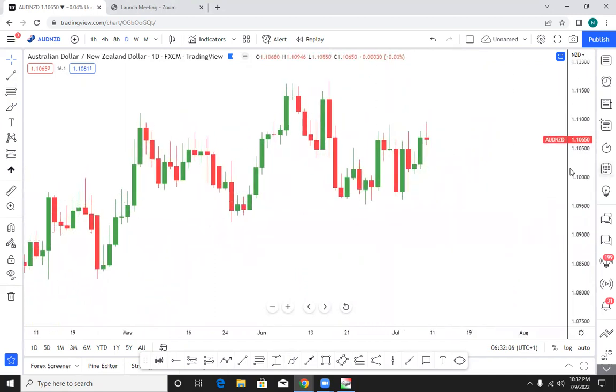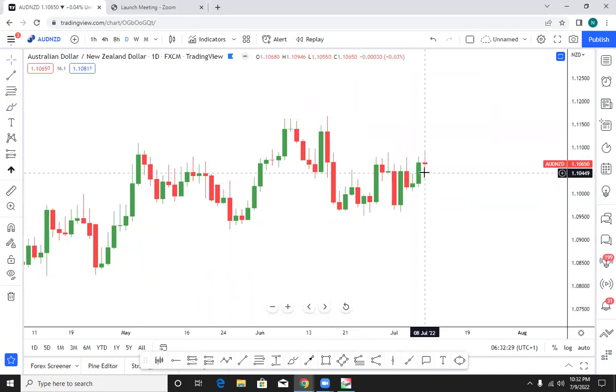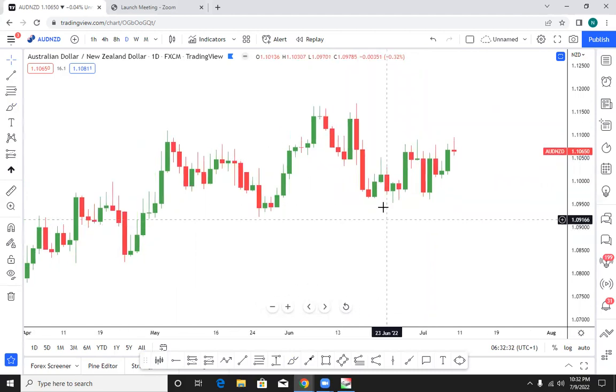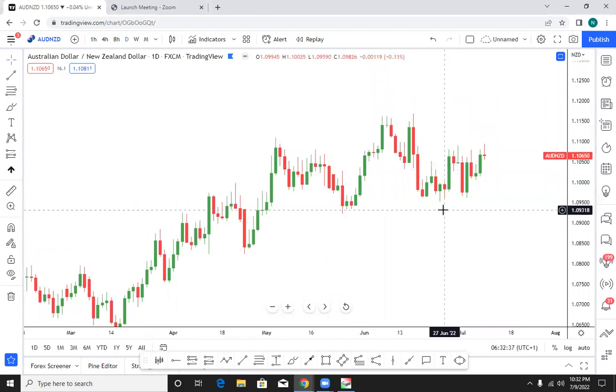But it's also very important for you to know that every activity that happens in the three sessions, starting from the Asian session, you go through the London session, the overlap between London and New York, and the real New York session, everything that happens there is reflected in just one candle. Okay, and how you are able to relate the candle that is formed in these sessions with the overall structure of the market is very, very important.